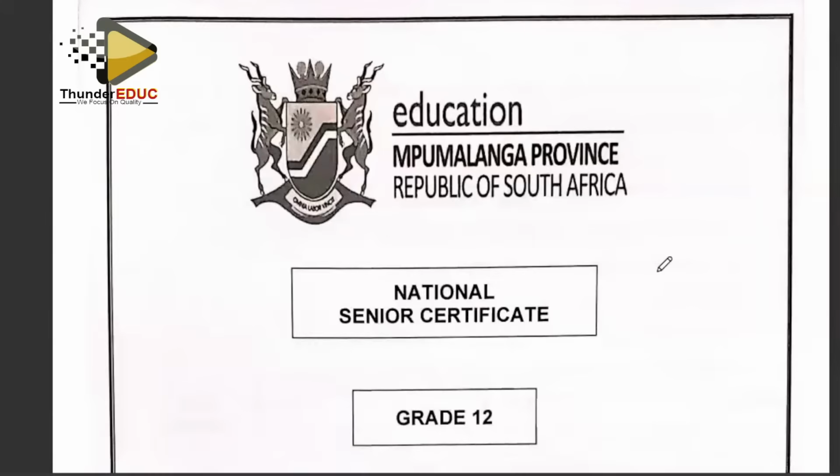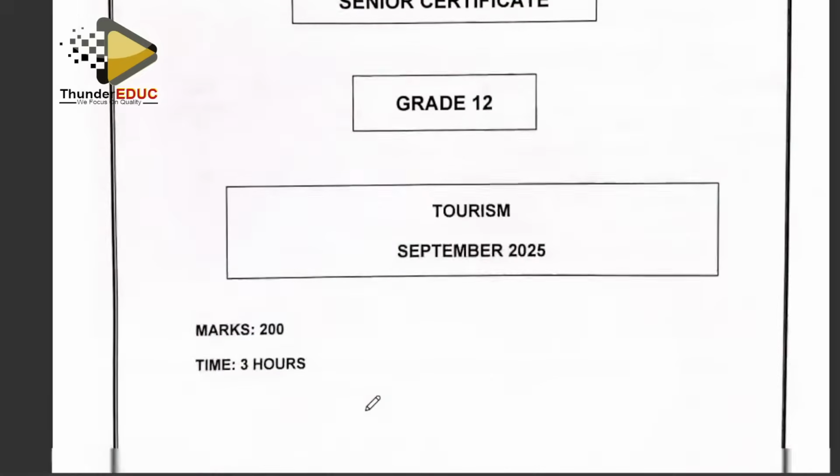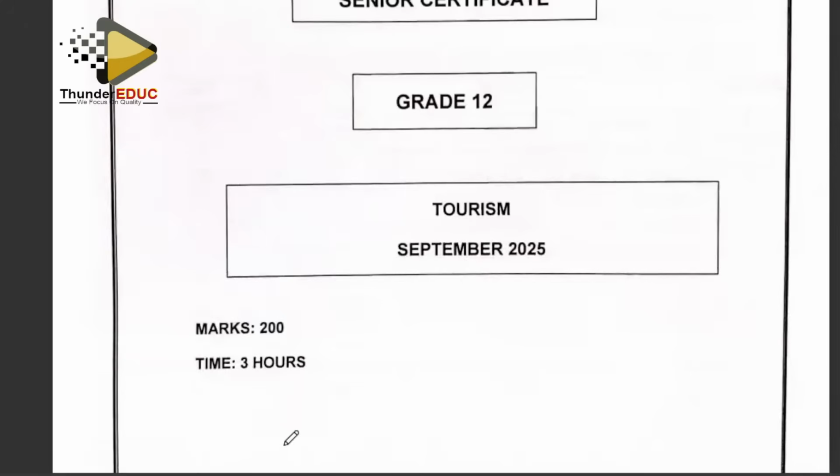Hello, Grade 12. Welcome to the tourism examination preparation session. So the first thing which we need to remind one another is that the tourism paper consists